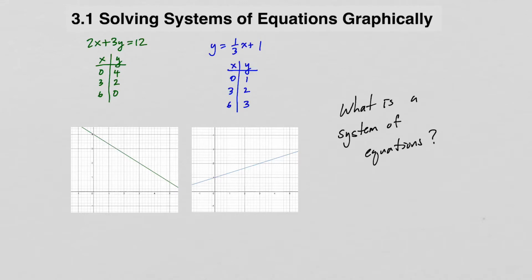And here we have the equation of one line, 2x plus 3y equals 12, and I've listed three solutions to this line. So if x equals 0, y equals 4, if x equals 3, y equals 2, and if x equals 6, y equals 0. And each of those points is on the graph. You can see 0, 4 is here, 3, 2 is here, and 6, 0 is a little bit off the